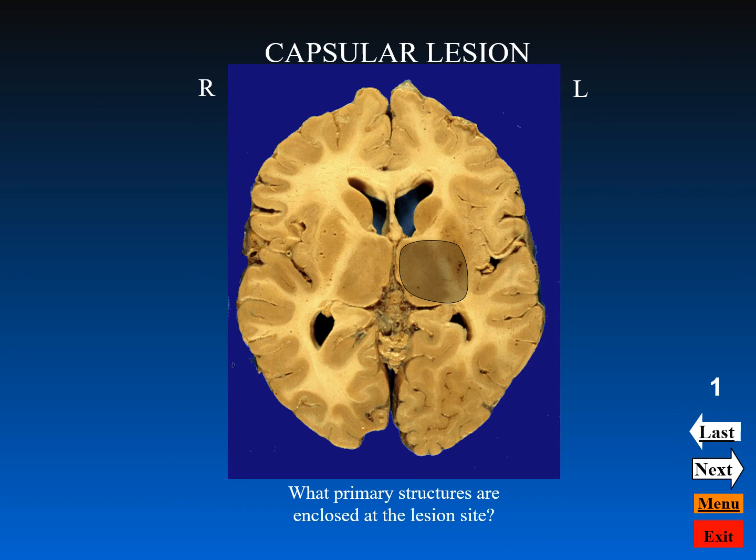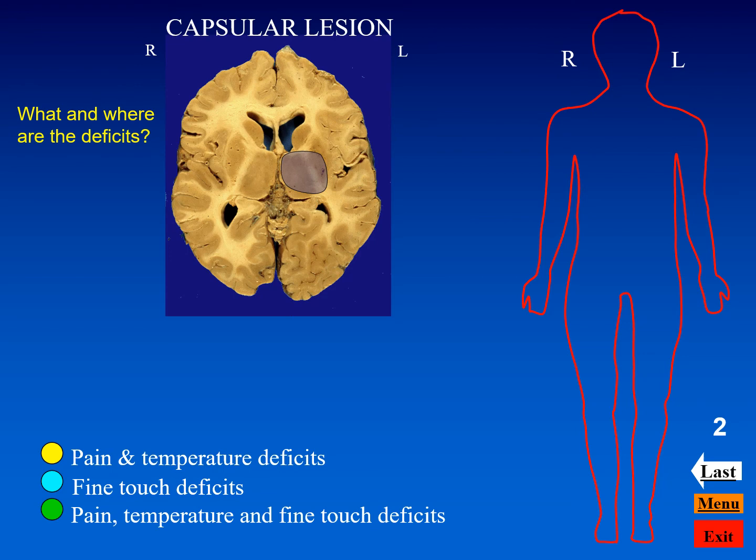So what are the primary structures that are enclosed at the site of the lesion? Well, they are the posterior limb of the internal capsule and the thalamus. Because the lesion involves the thalamus, where we have nuclei associated with the fine touch and the pain and temperature pathways, and also involves the internal capsule, also carrying information from those nuclei in the thalamus to the cerebral cortex,